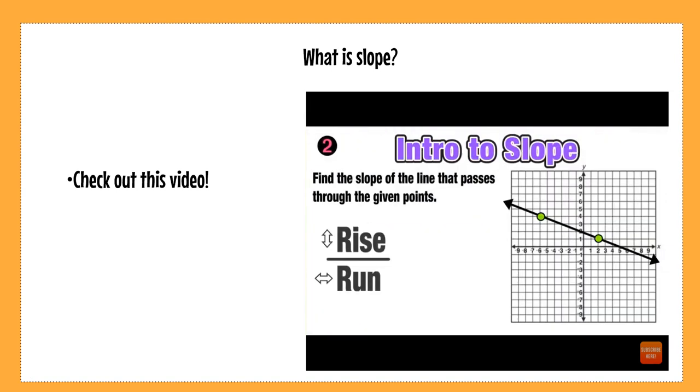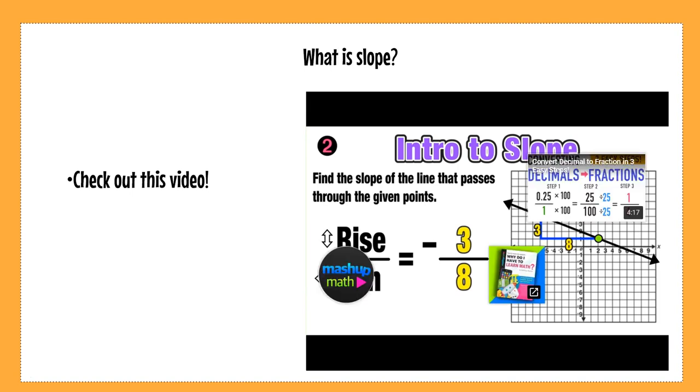This last example is just like the last one, except now we're dealing with a different line. Now notice that this line decreases from left to right, so its slope will be negative. So now we want to find rise over run between those 2 given points. Since the slope is negative, we rise downward, and then we run to the right to make that staircase image. And then we can just count. So the rise downward was 3 units, and the run to the right was 8 units. So the slope of this line is negative 3 over 8, which cannot be reduced, so that's going to be our final answer, the slope of this line.